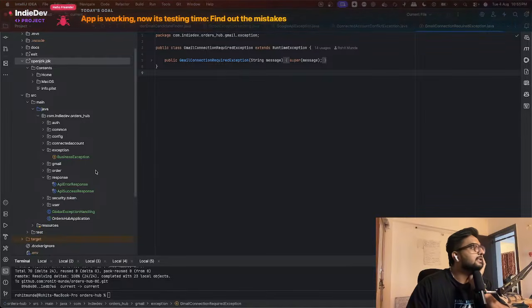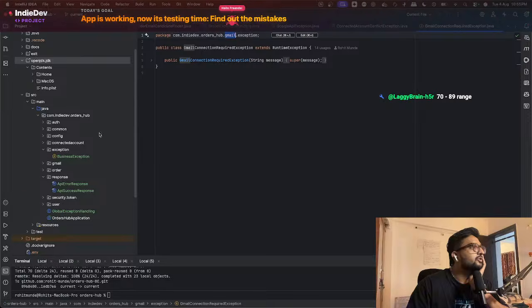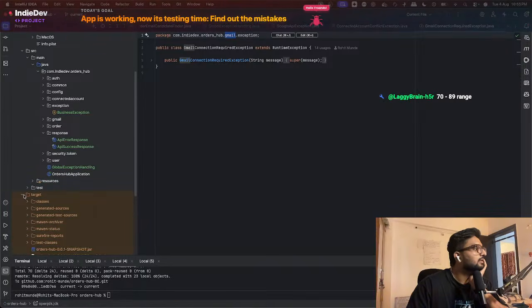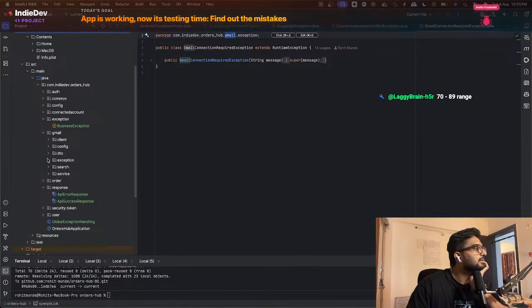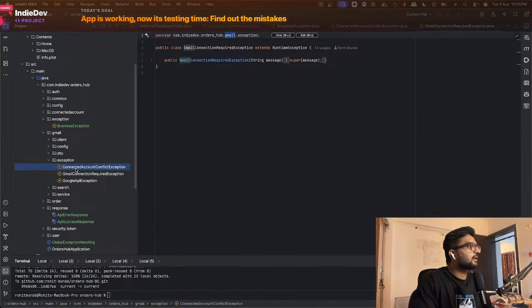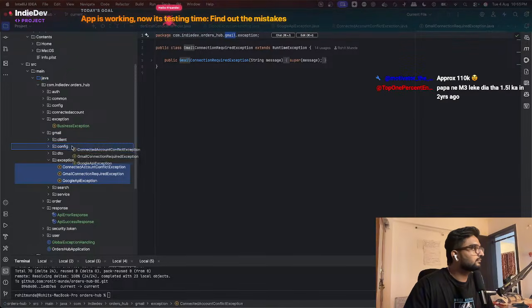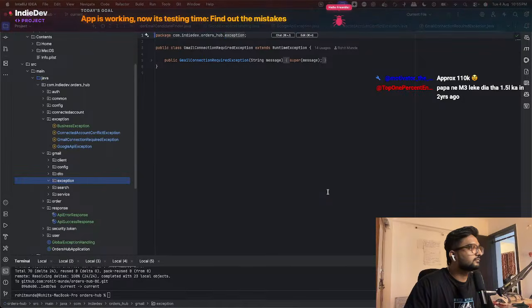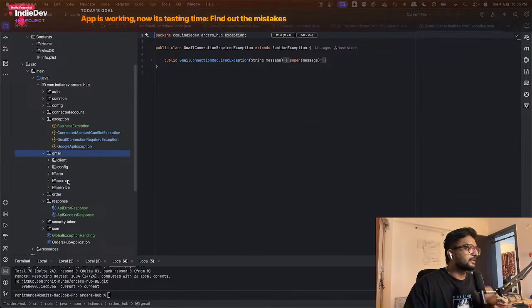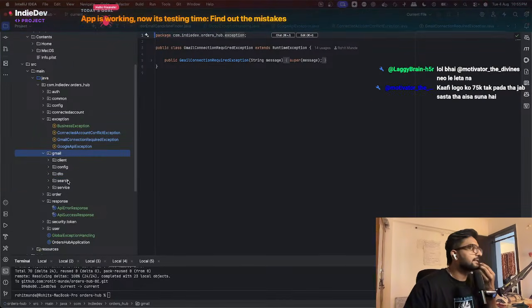And all those exceptions should come to this folder only. So currently it's under Gmail and exception. I need to refactor this. This folder should go. Yeah, delete. Then